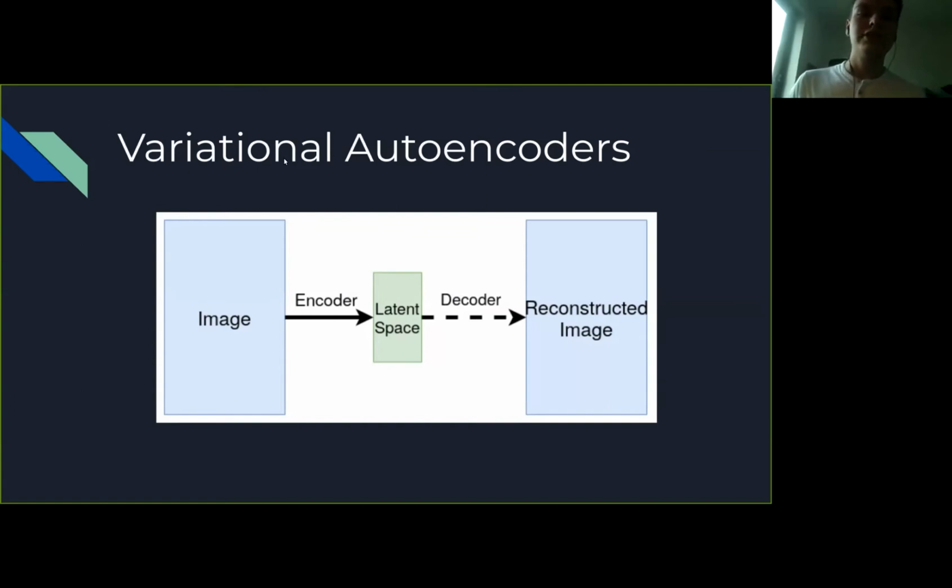And the variational part is that instead of just some random numbers being represented in the latent space, you use Gaussian parameters. So you have a bunch of means and variances from which you can sample at inference time. During training time, you optimize those parameters of the Gaussian, and during inference time, you sample from them in order to generate variants